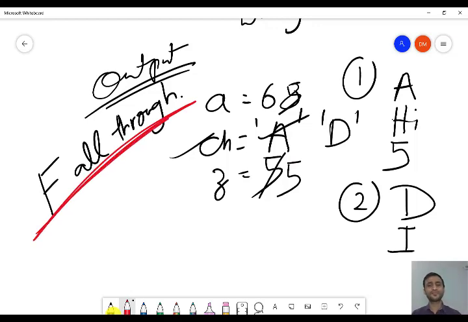So what is fall through? In case a break is absent in a particular case, the cursor will move to the next case automatically. And it will continue to do so till a break statement is executed or the end of switch. Please write this definition. Pause the video, recap it and write this definition.